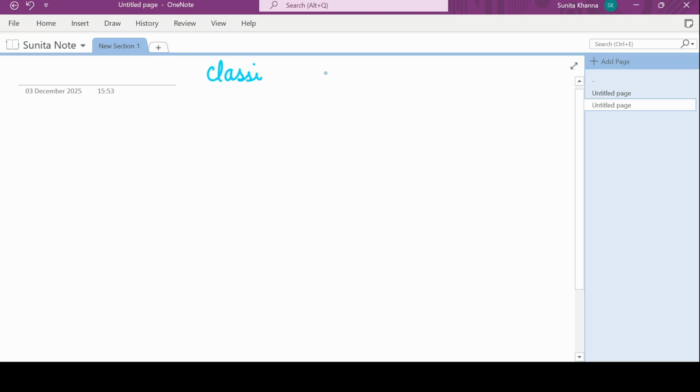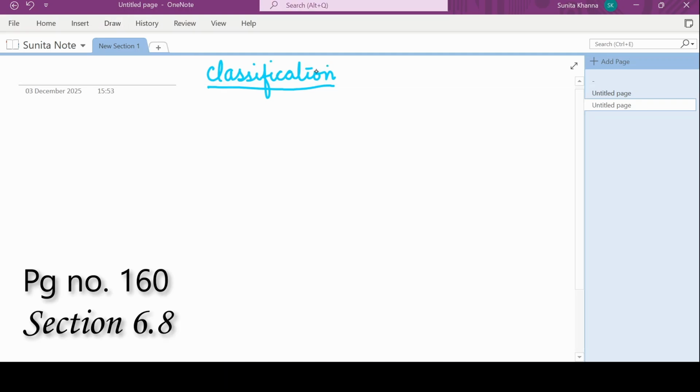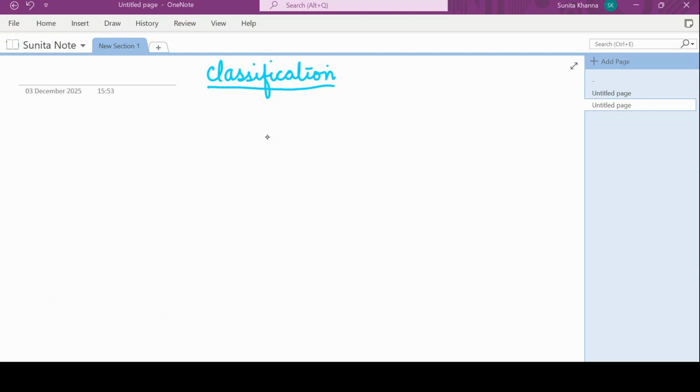Now, one classification is on the basis of how many halogen atoms are attached. How many halogen atoms are attached to the alkane, or how many hydrogens are replaced by the halogen. So on that basis, it is simple. It can be a monohalogen derivative if it is 1. It can be a dihalogen derivative if it is 2, and so on.